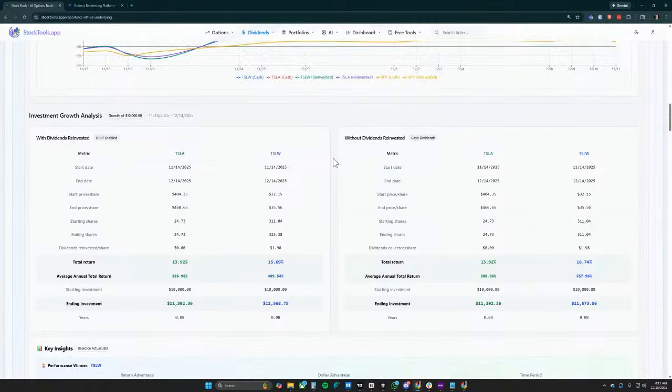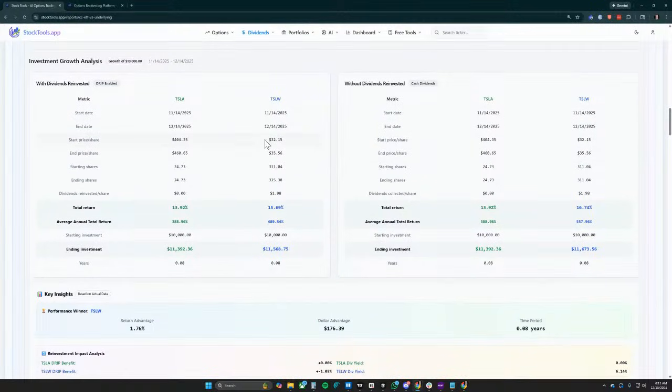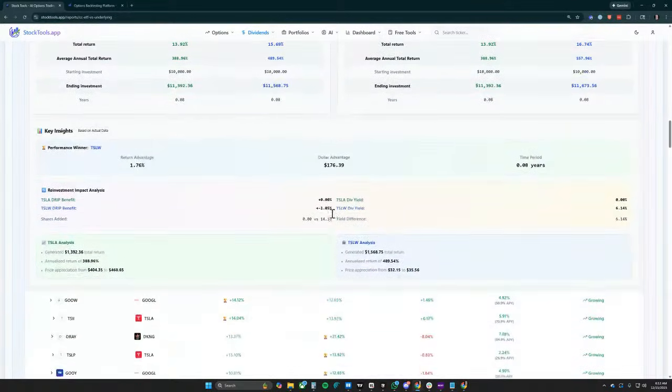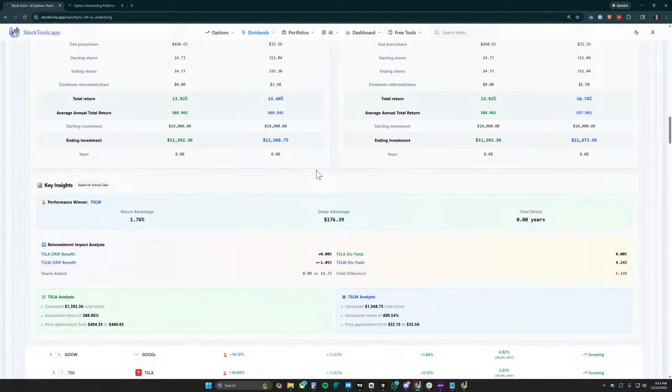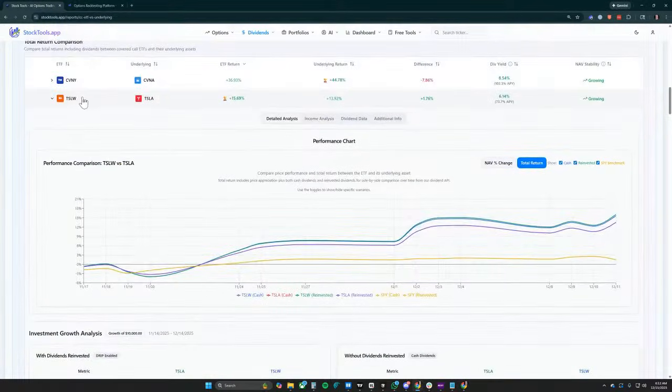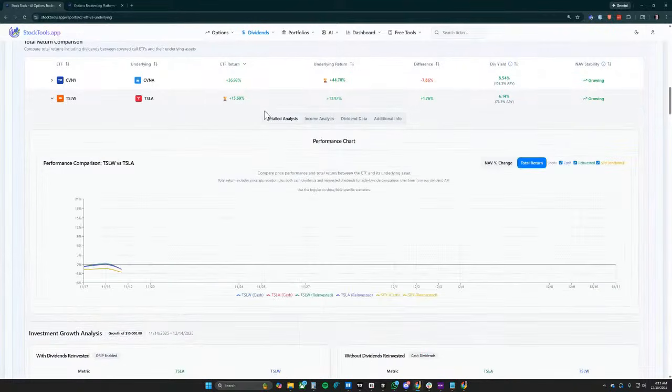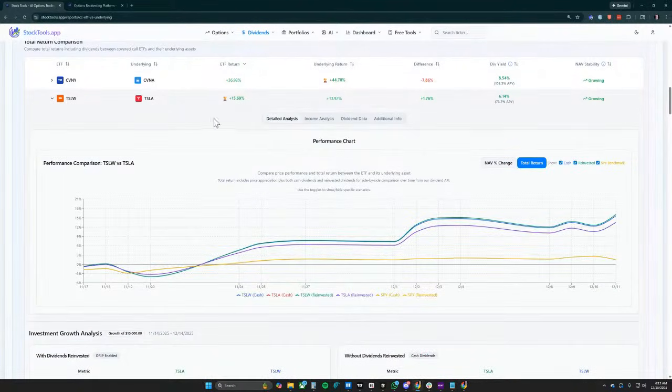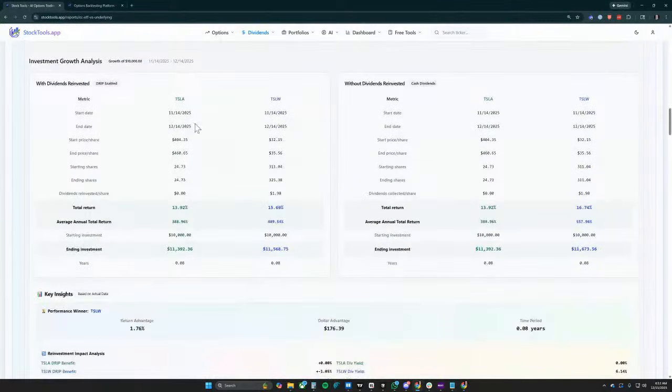This view is just a comparison, really similar to Dividend Channel. If you've ever gone to dividendchannel.com, it's the side-by-side with or without dividends reinvested, and you can quickly see, actually without dividends reinvested, TSLW is doing better, which is interesting. And then an analysis sheet. So you're comparing just two, right? Yeah, it's just the one that you clicked on. Whatever you click on, it just opens up, and it's a deep dive into that comparison of those two tickers. So TSLW versus the underlying, and then you can see very clearly how we're doing.